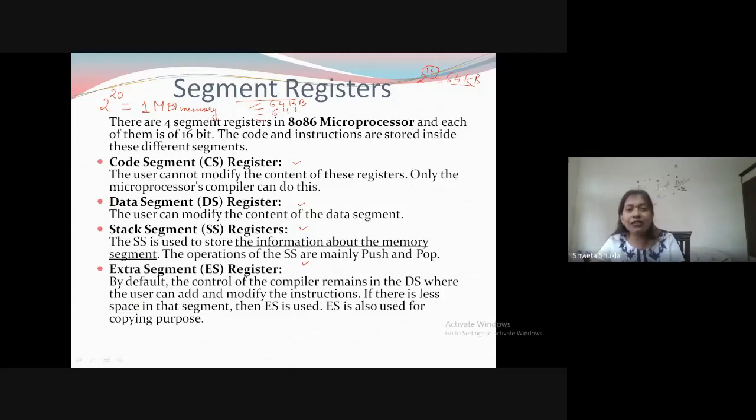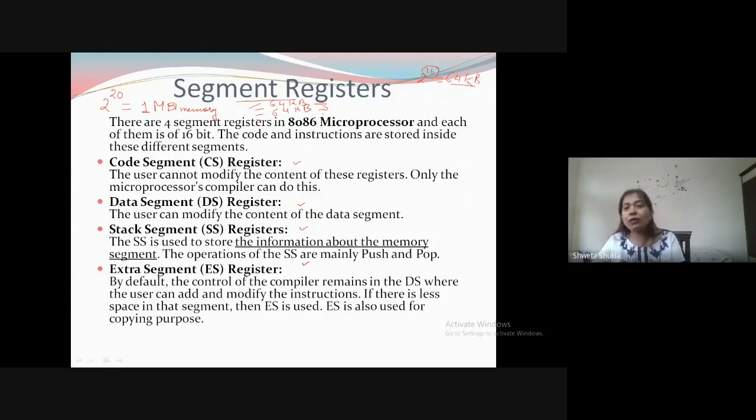Each part is 64 KB. 64 KB means 2 to the power 16, so a 16-bit address. And we all know that all the registers are 16-bit, so they use just 64 KB of memory at a time. If we divide the 1 MB memory into 4 parts, each part will have 64 KB. Remember this. Instead of looking for a memory location throughout 1 MB of memory, the microprocessor can check only one segment of 64 KB. So this becomes easier and the processing becomes faster.